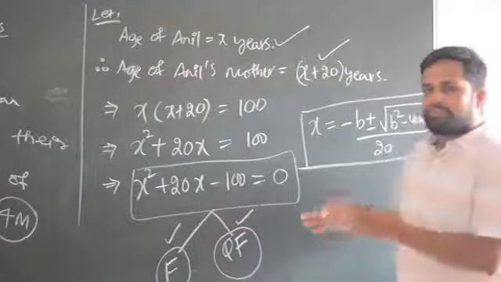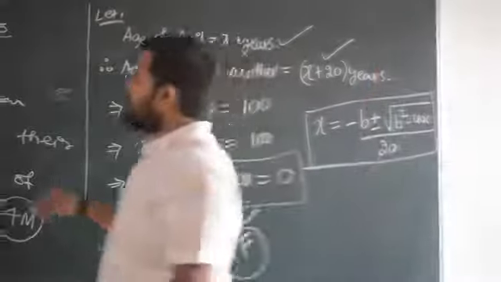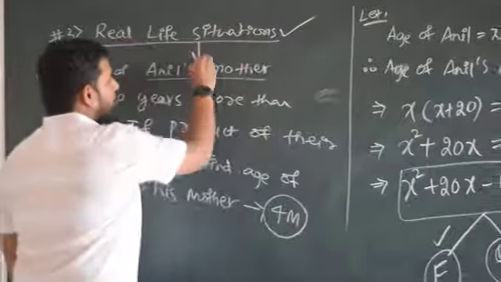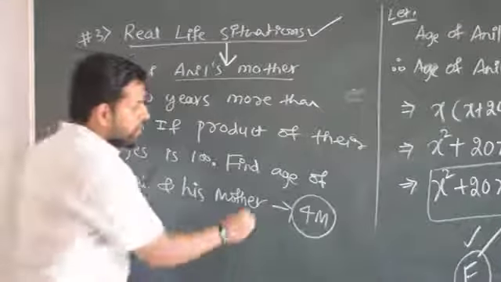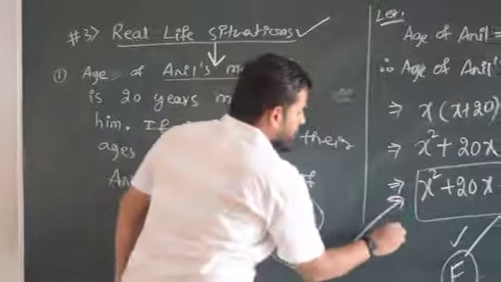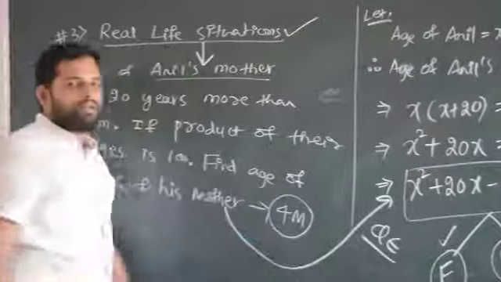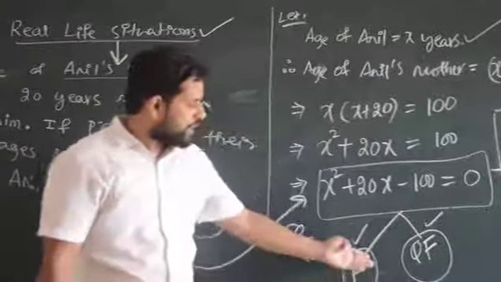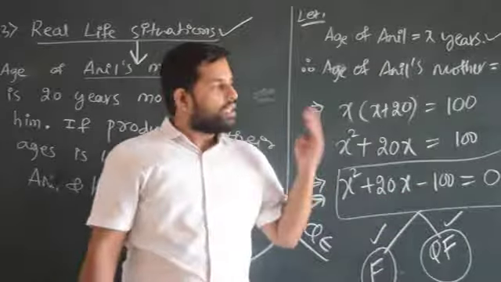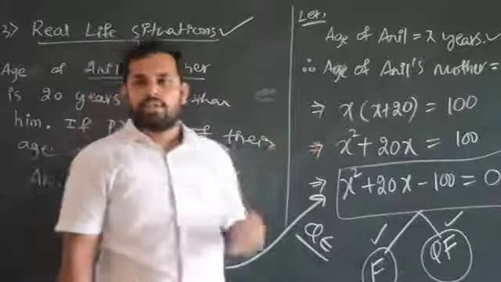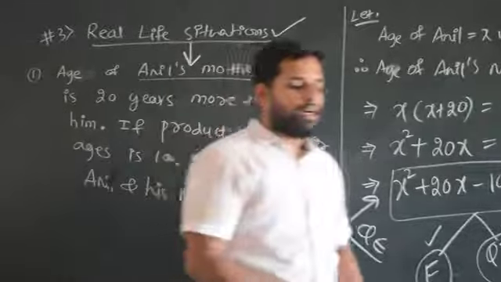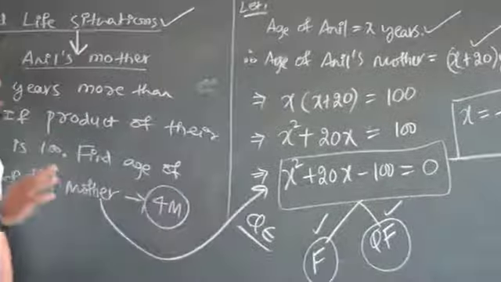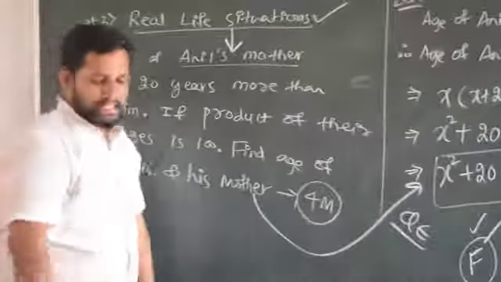Let us not solve this. First of all, let us try to understand these real life situations. A real life situation, according to the given problem, has to be converted into a quadratic equation. When it is converted into a quadratic equation, it can be solved by factorization or the quadratic formula. Any one you can use, this or that. Then you are going to get the value of x and x plus 20 also. Is it clear? I hope the model we are going to follow in quadratic equations is very much clear to all the children. Okay, let us get some more situations.